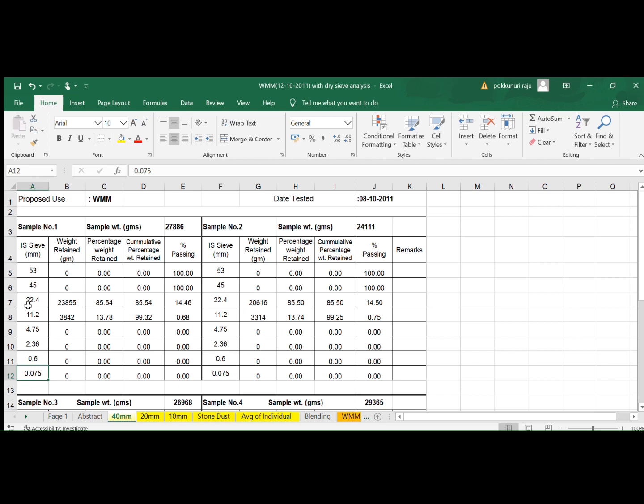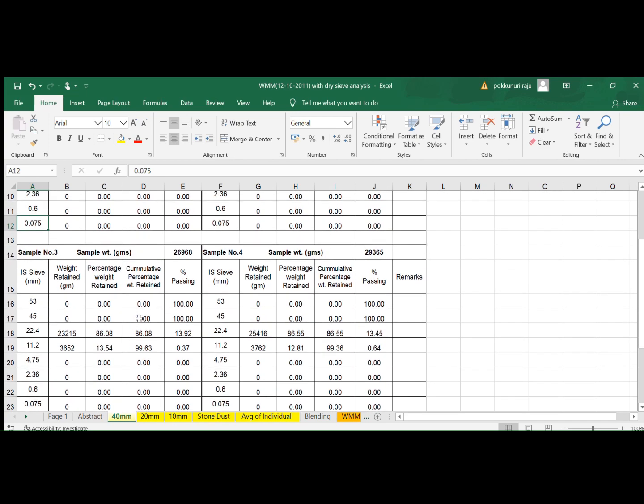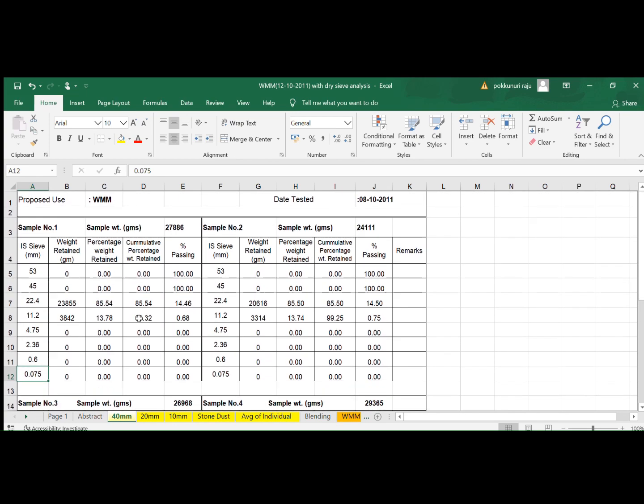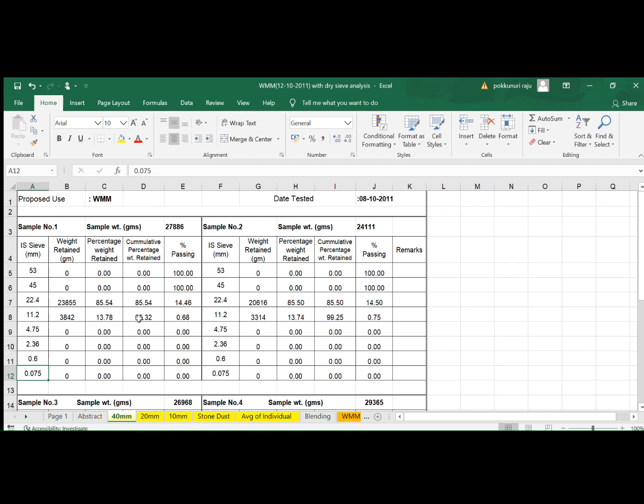Then each type of aggregate is graded individually to check the percentage passing from different sieves. For the 40 mm aggregate, we have taken sample number 1, 2, 3 and 4. So we have taken 4 samples and each sample is tested through a defined set of sieves ranging between 53 and 0.075, and percentage passing is noted down.